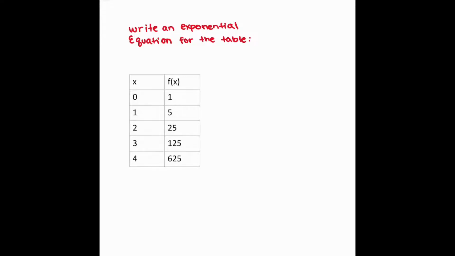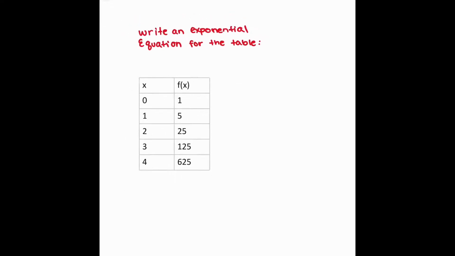We've been talking about exponentials for a while, and if I have a table of values and I ask you to write an exponential equation or exponential function for this table of values, if you remember, we could always write an exponential in the form of y equals a times b to the x. We've been using these letters. Our a is our starting value or initial value. And this b value here is our growth factor or decay factor, what we're multiplying by every time. I'm going to write that real quick. Growth slash decay